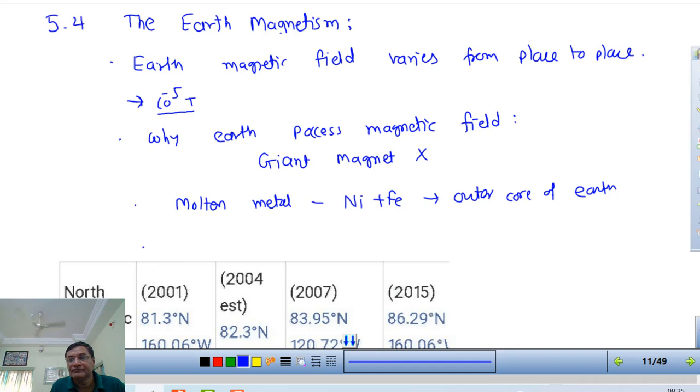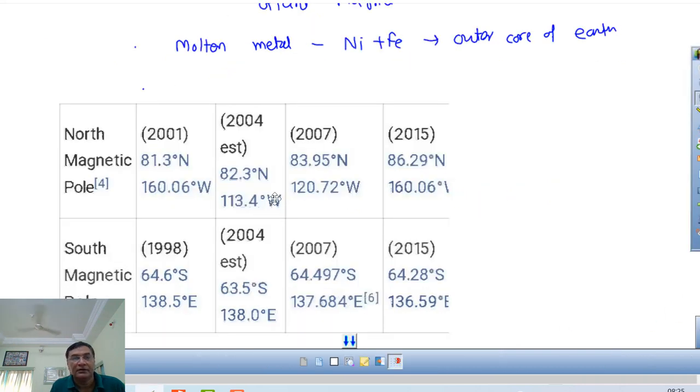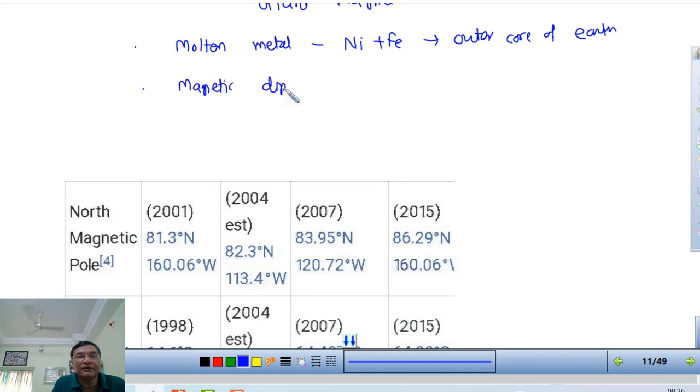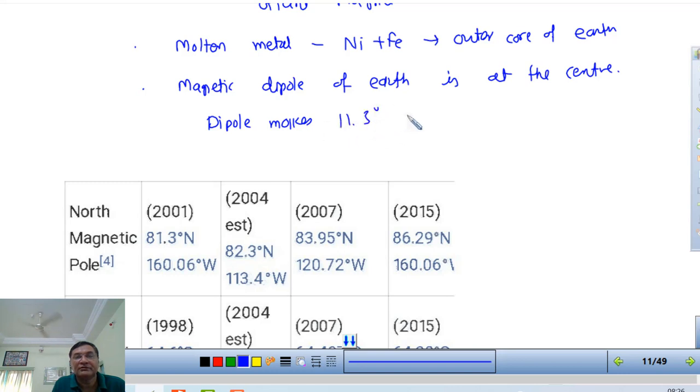Hypothetically, we can say that a magnetic dipole is produced because of that. The magnetic dipole of Earth is at the center, and it is not aligned along the rotational axis. This dipole makes an 11.3 degree angle with the rotational axis. Okay,